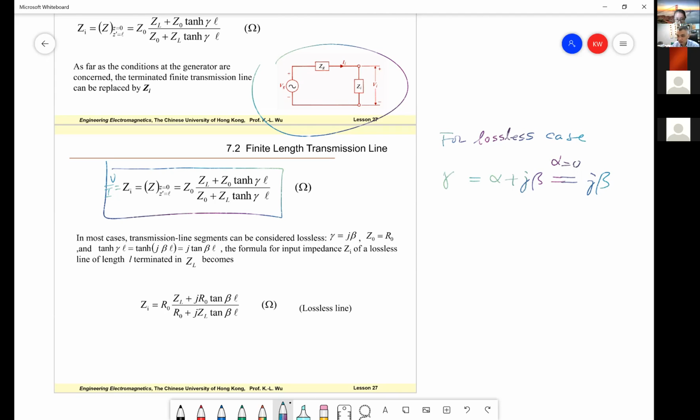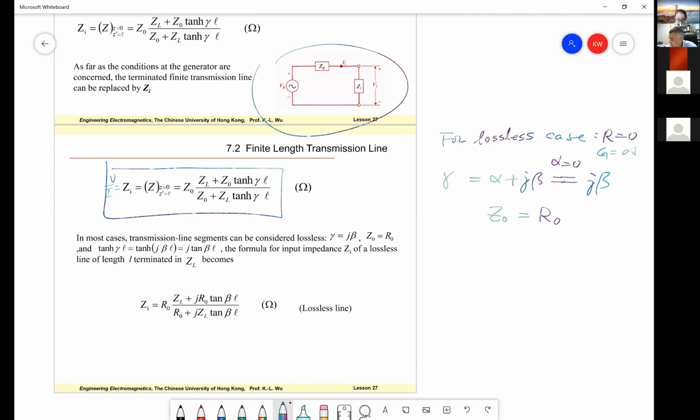Under this case, the characteristic impedance is also real. You can refer to our general expression for why this is real. For the lossless case, R equal to 0, and G equal to 0. Oh, sorry,